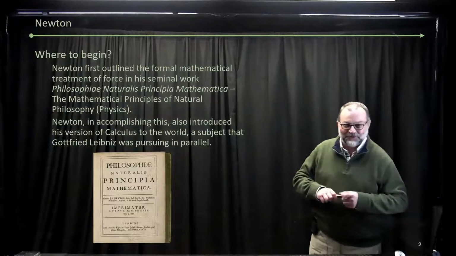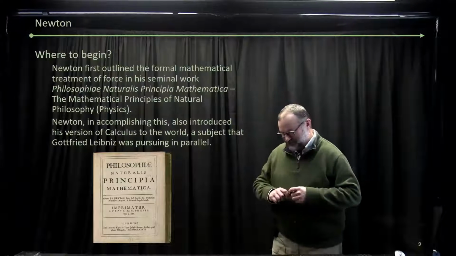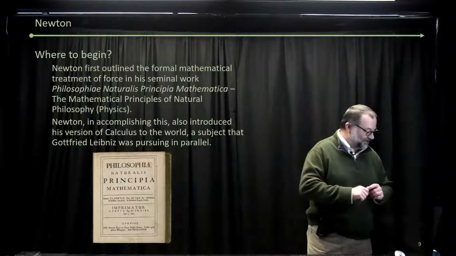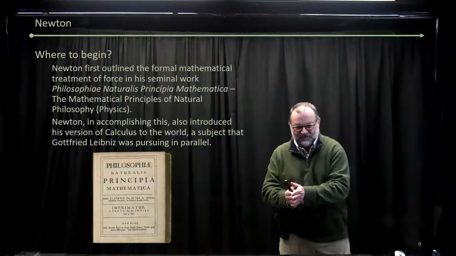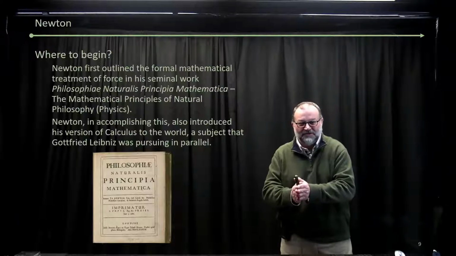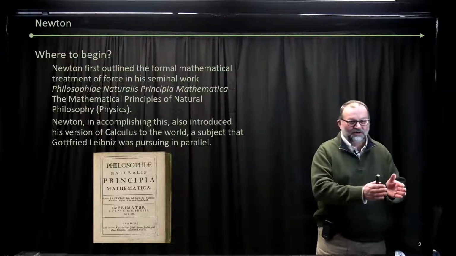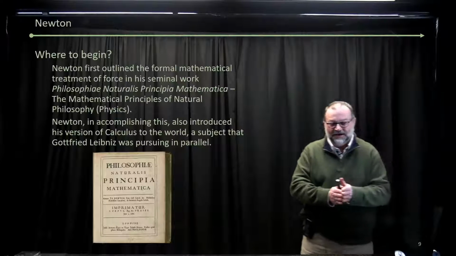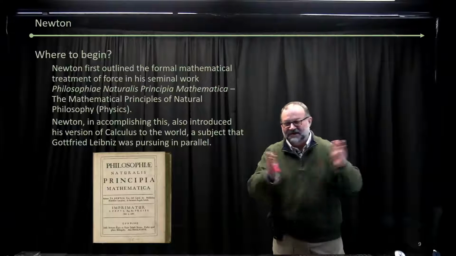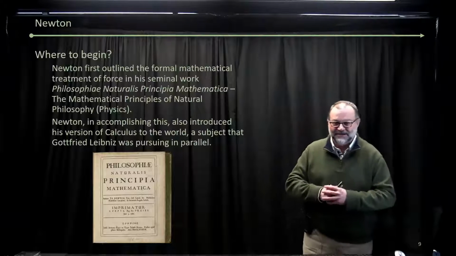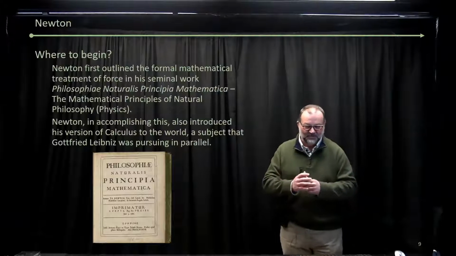So where do we start with Newton? It's really difficult to appreciate just how brilliant the man was until you've looked at where the world was before he did his work, and where the world was after he did his work. Among other things, he had to invent calculus in order to do what he did, so he invented a whole new mathematics to handle his physical principles.